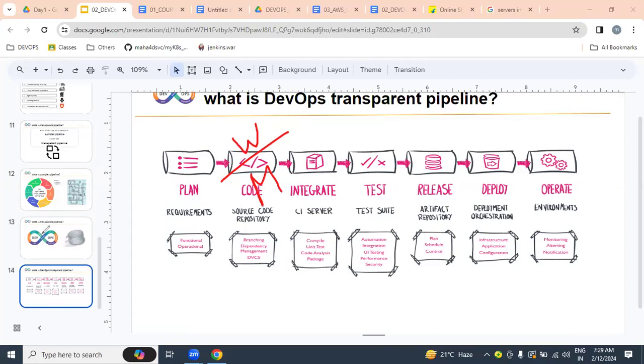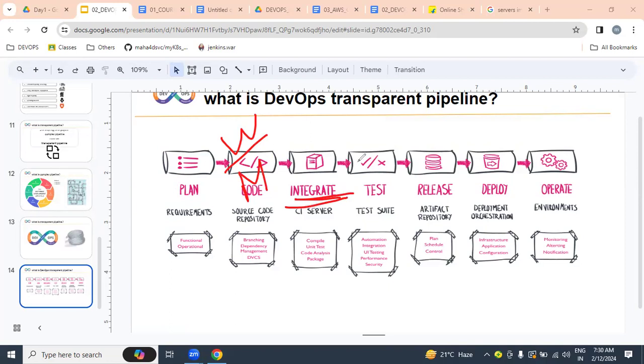But how many developers are there? N number of developers keep on writing continuously from morning to evening. But as a DevOps engineer, we have to maintain it or not? Yes. But how? With the help of integration. With the help of a CI server, we are going to be continuously integrating all developer source code. Clear, all of you? Developers are continuously writing code, and as a DevOps engineer, we continuously maintain and integrate all developer